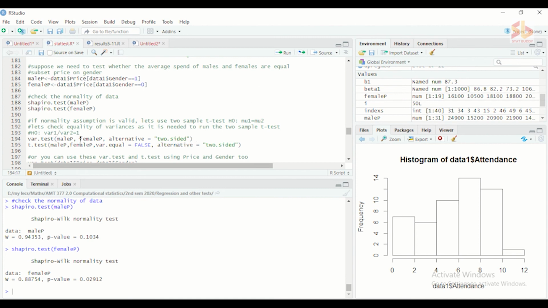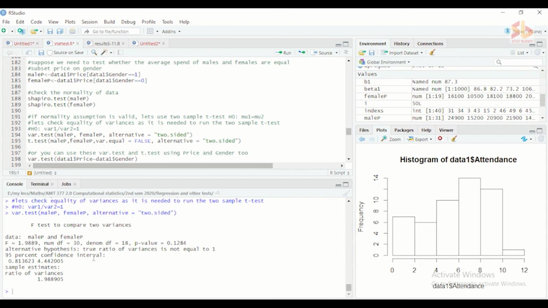Give the 2 data sets here, and you can see the p-value is greater than 0.05, which means we can't reject this null.